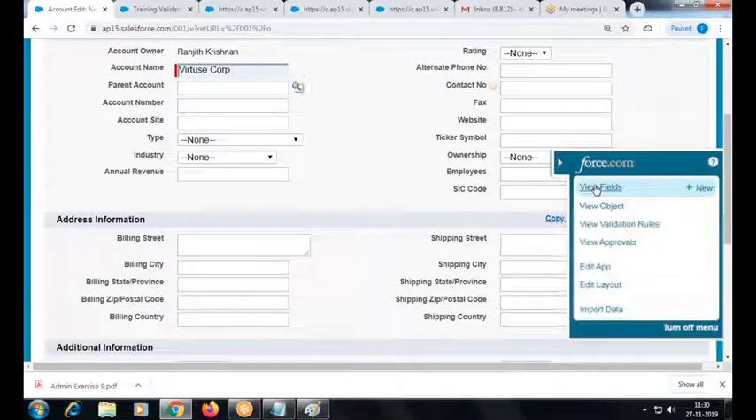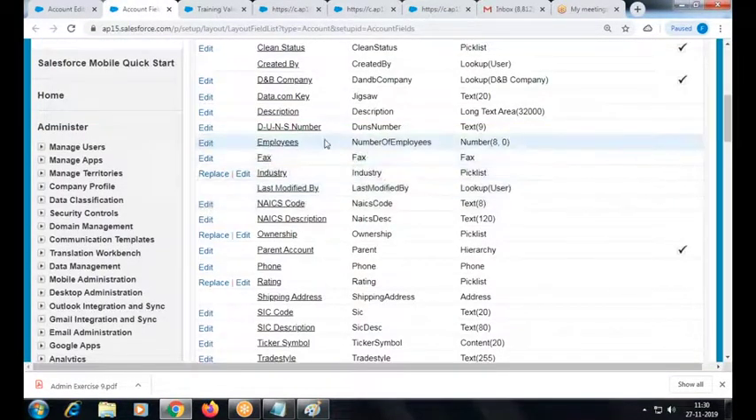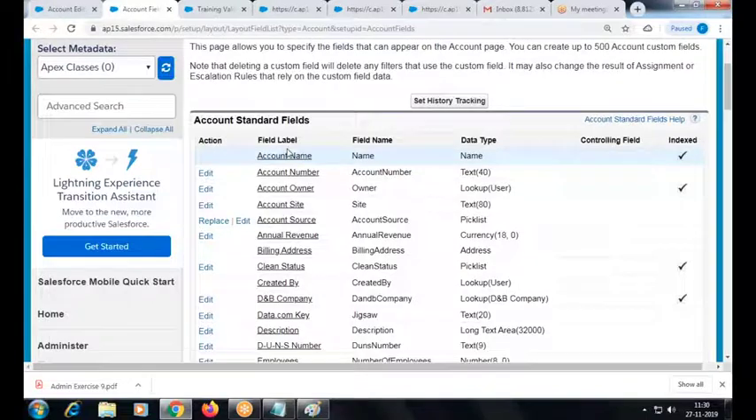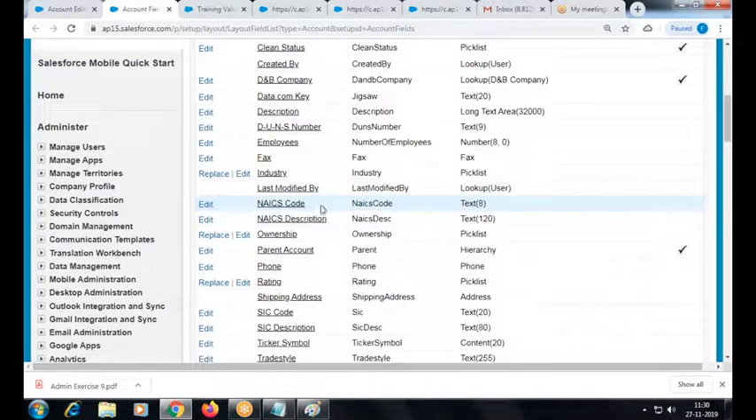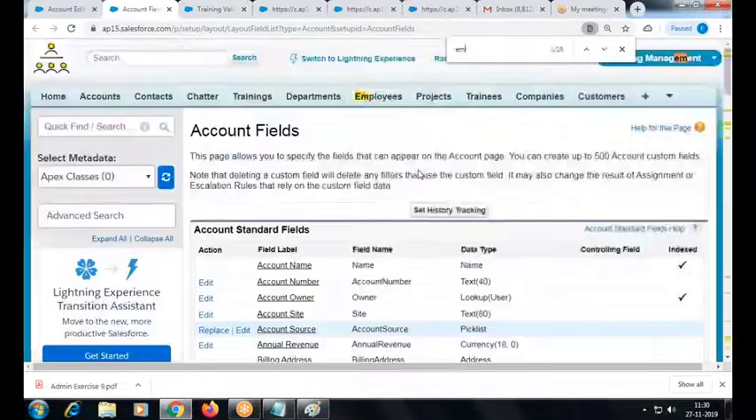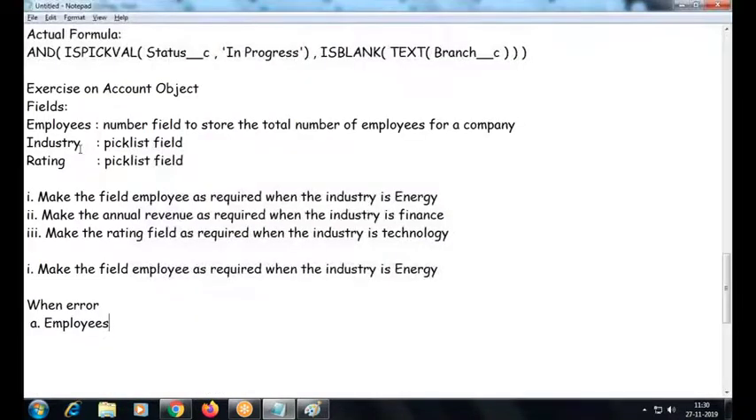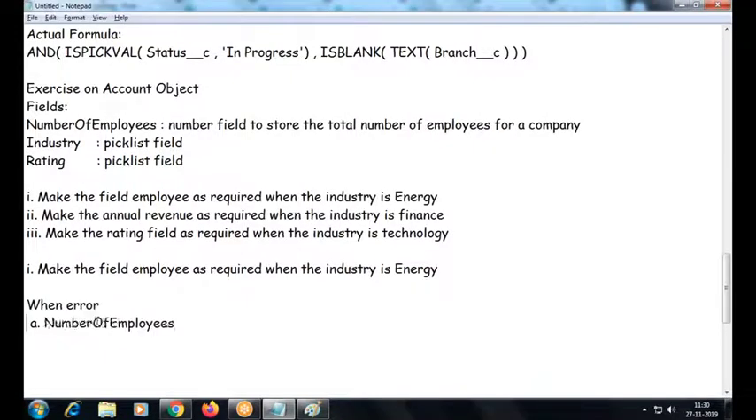How to check the field name? Go to the field section. This is a standard field, right? And what is the field name? Number of employees. Okay, number of employees is a field. So when the number of employees is null,